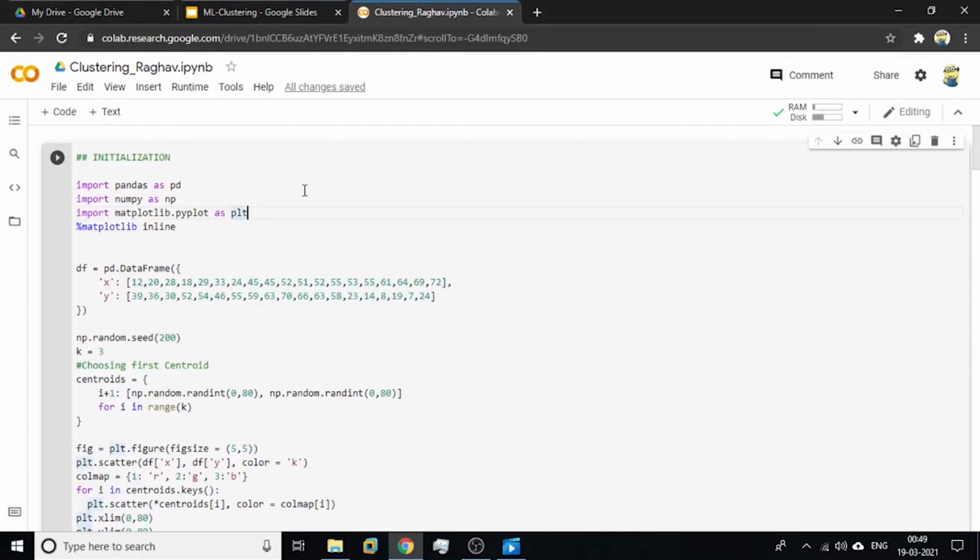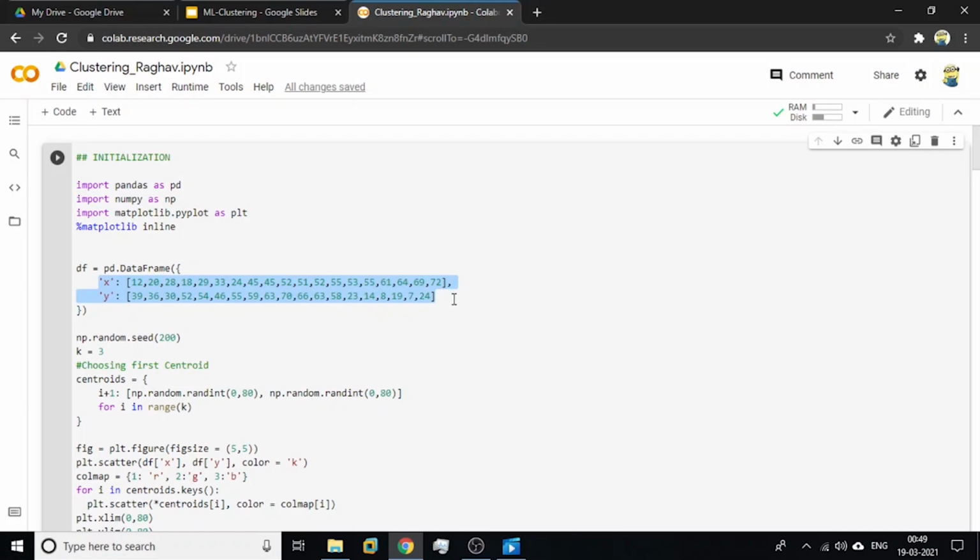So this is the implementation of the k-means clustering algorithm in Python. We first import different modules like pandas, numpy, matplotlib. Next, df is a variable that is a pandas data frame, and x, y are the coordinates of the data points.